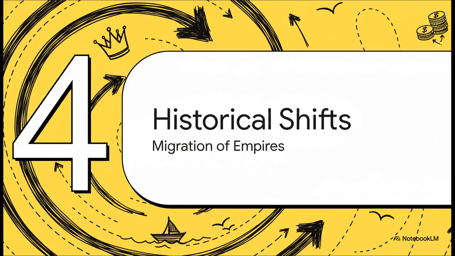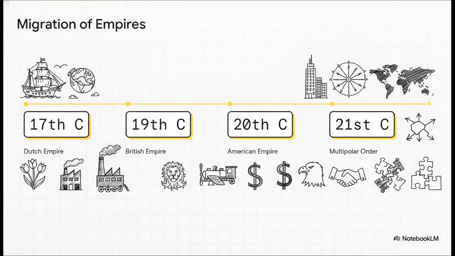Section 4. The shift of global empires. Let's track the historical trajectory of how these empires rise, extract, and ultimately migrate. Historically speaking, the monopoly board gets reset. This model shows us that the center of transnational power has deliberately migrated over the centuries. It moved from the Dutch Empire in the 17th century to the British Empire in the 19th century over to the American Empire in the 20th century. And now, the entire architecture is migrating once again, moving toward a new multipolar horizon.